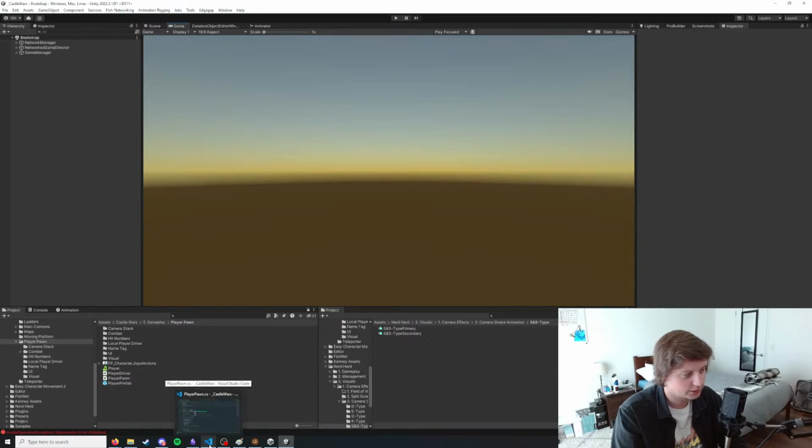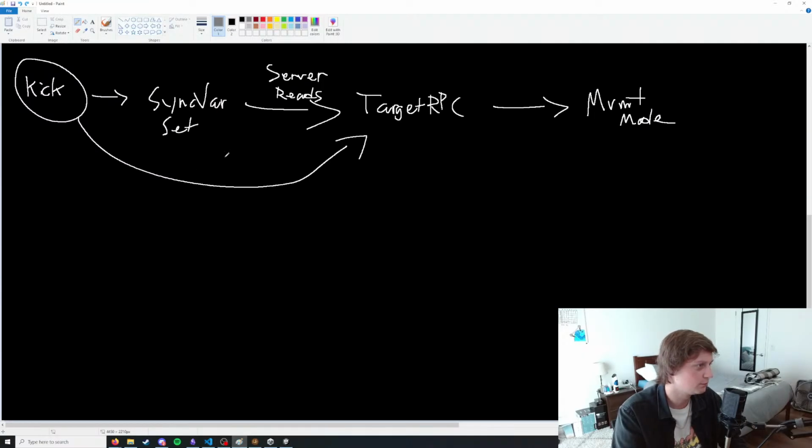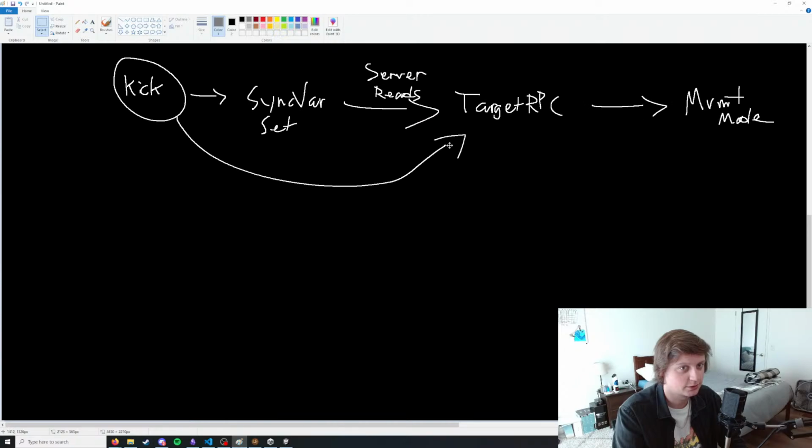You know, also another thing that could be happening. I just made a realization. So this is sort of our pattern for what happens. We kick, we sync a sync var, the server reads that variable, then sends a target RPC to set the movement mode. But what's kind of happening is this kick is actually a lot more. I'm gonna write down kick. So this kick takes